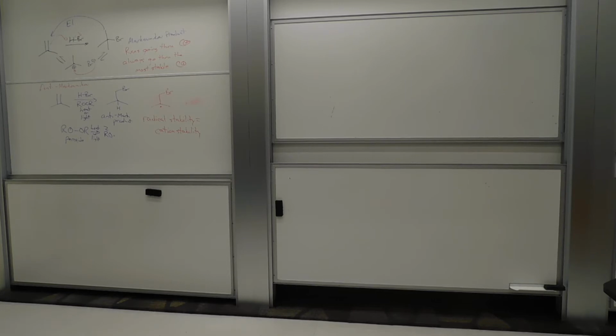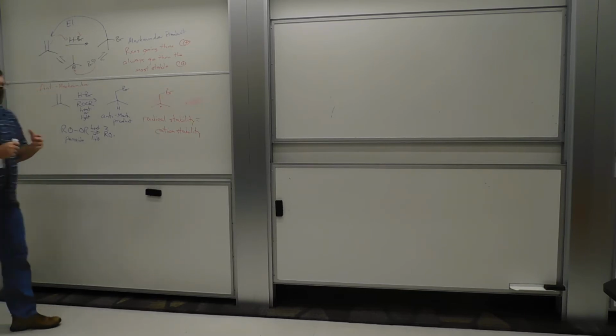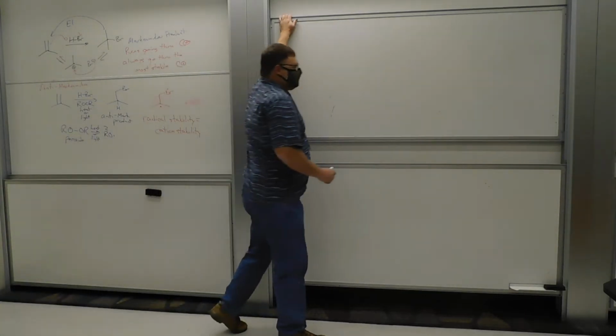Okay, so like I said, I'm not going to ask you to draw this mechanism on a quiz or an exam, but I will ask you to know the reaction. And that's going to be how all these reactions go. We're going to look at a bunch of reactions that give you a Markovnikov addition, and there's always going to be this anti-Markovnikov way to do the same reaction. For example,